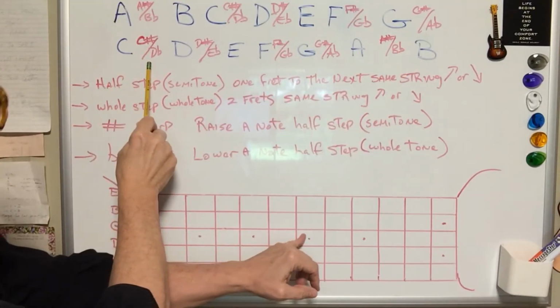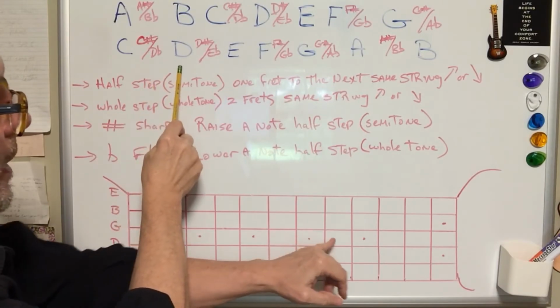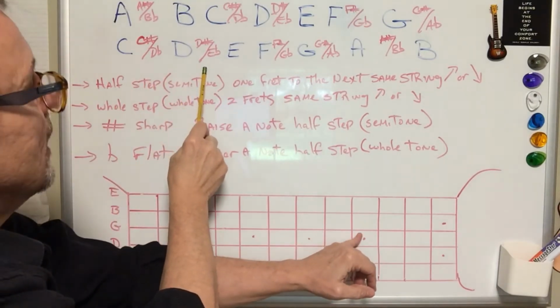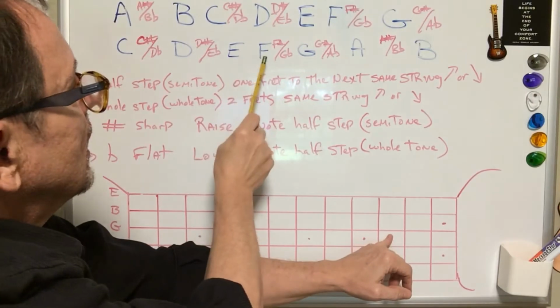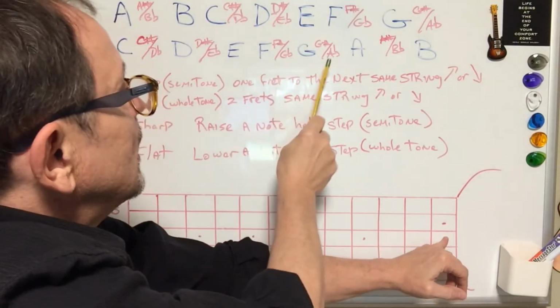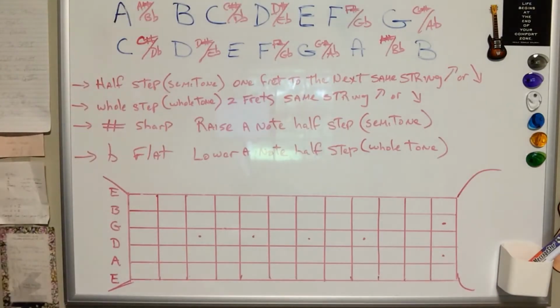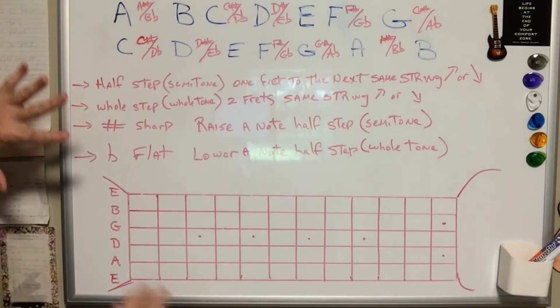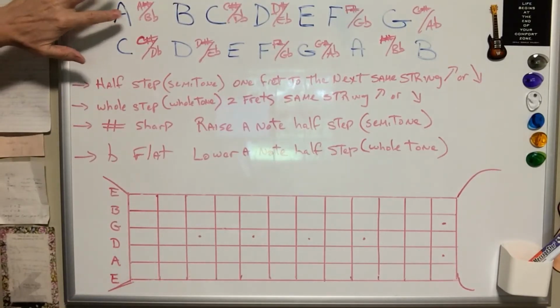C sharp or D flat. 7th fret's D. D sharp or E flat. E. F. F sharp or G flat. Back to G again. So, to recap, we have a musical alphabet that has A, B, C, D, E, F,